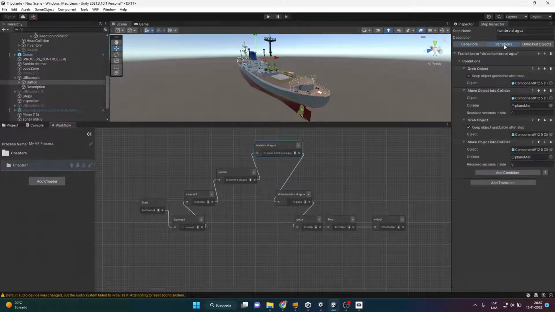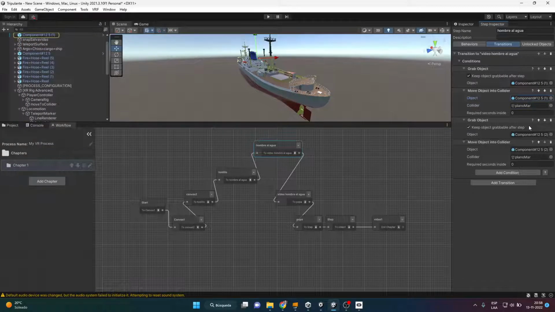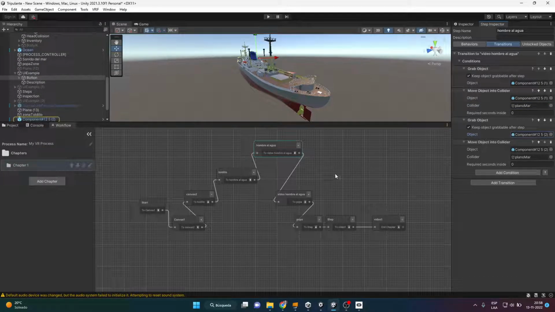And the conditions will be to grab the life buoy and throw both into the water. Okay, the one to the left should be thrown into the water, and the one to the right should be thrown into the water too. In the water, there is this collider, and just by throwing them, it will check this condition and go to